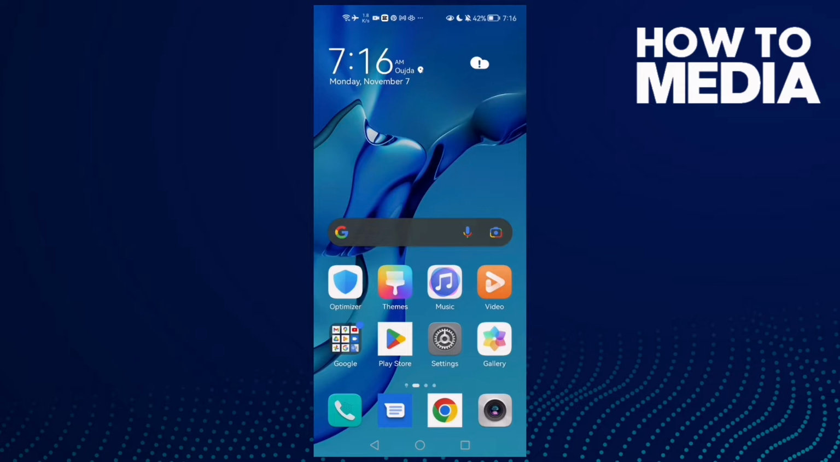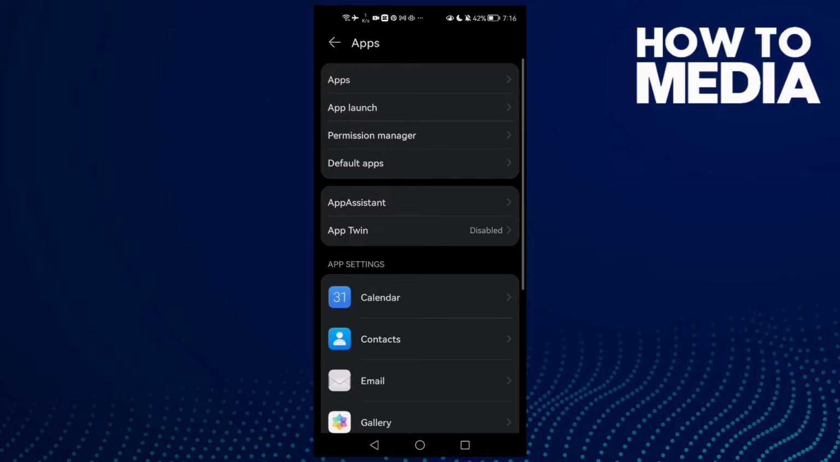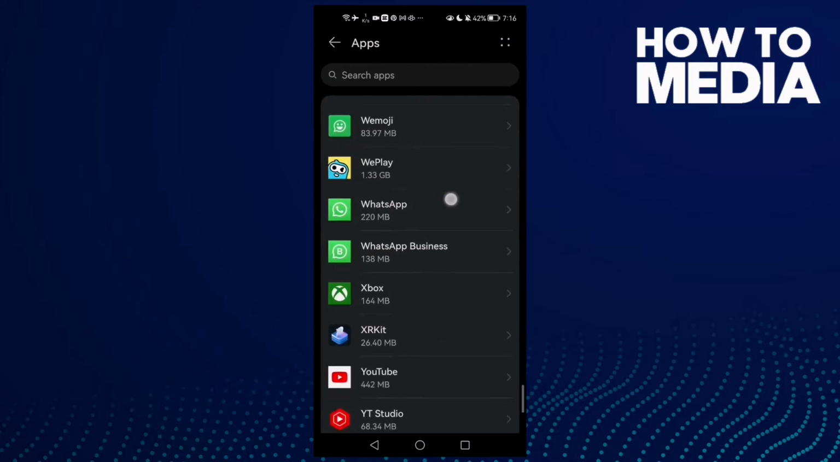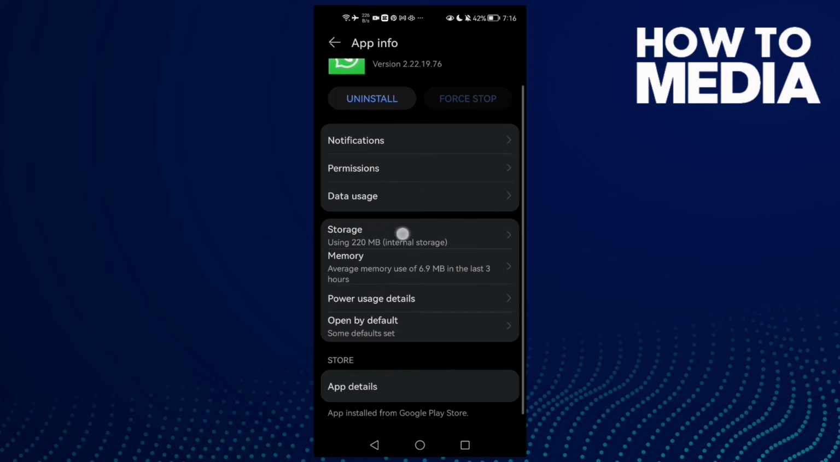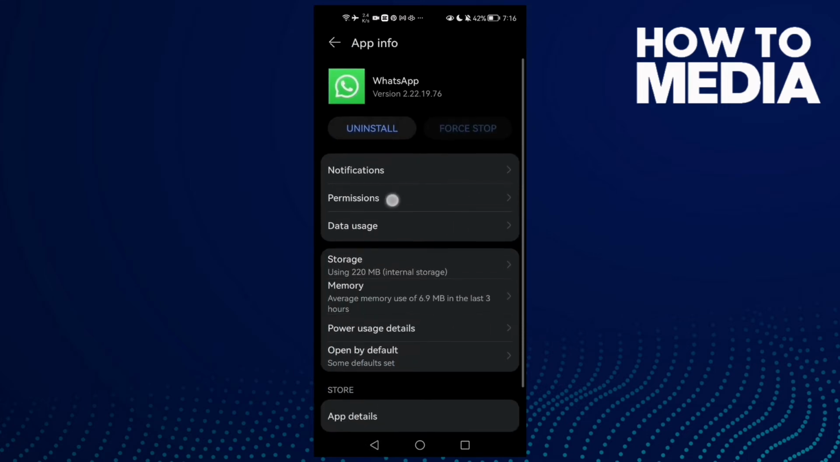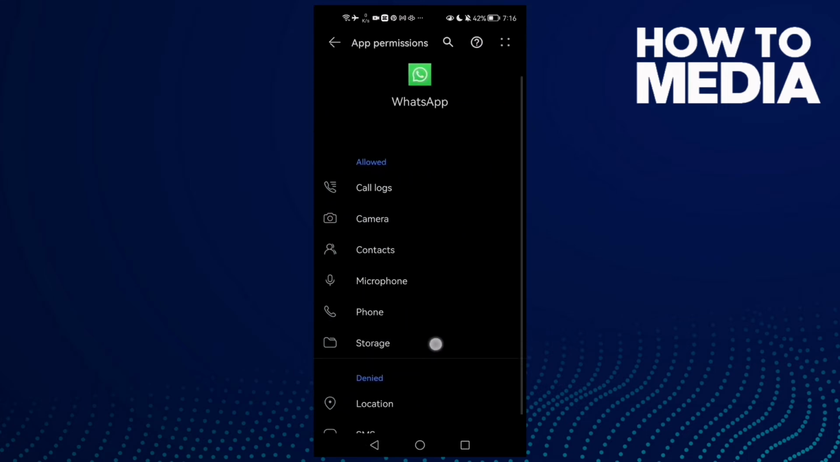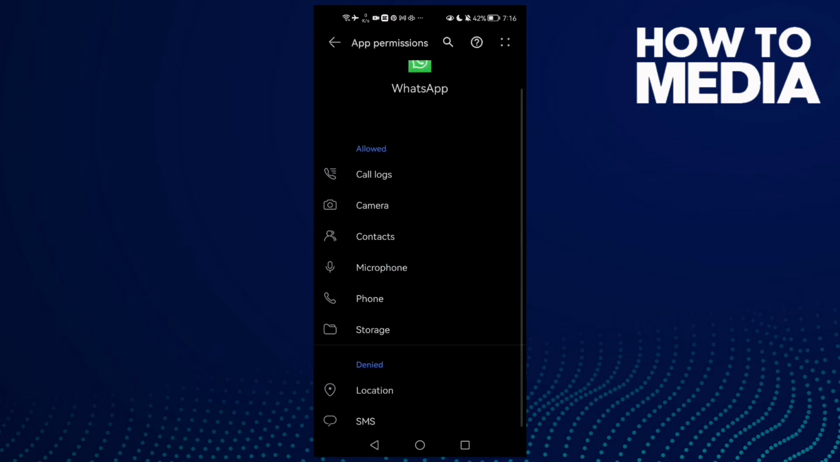First, go to settings and now apps and then apps again, and here you will find WhatsApp. Click on it and then go to storage, this one here, and now clear cache, and then go to permissions and here we'll find storage. Click on it. Maybe you will find it like that, just allow it, and then if that doesn't fix your